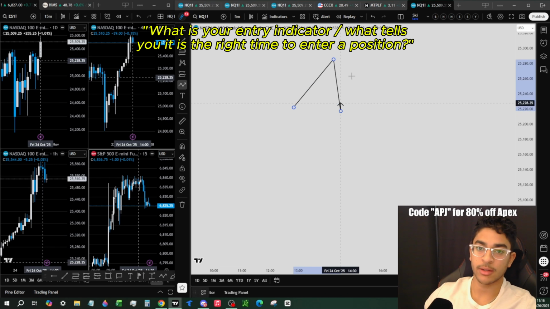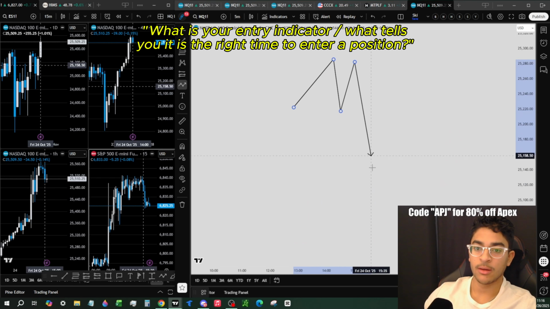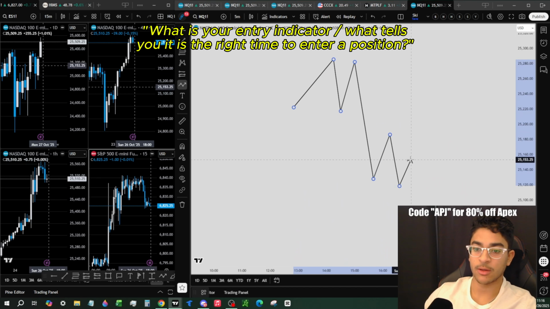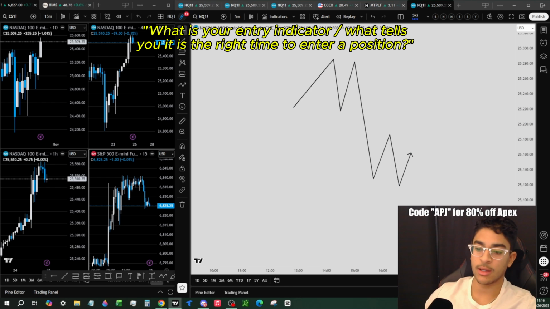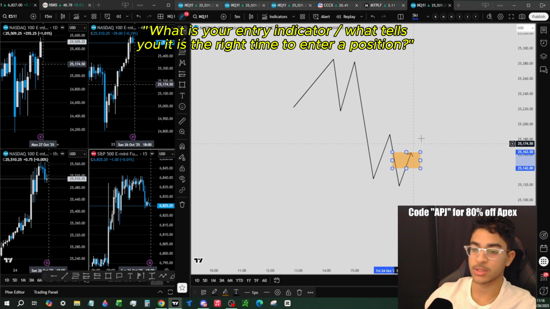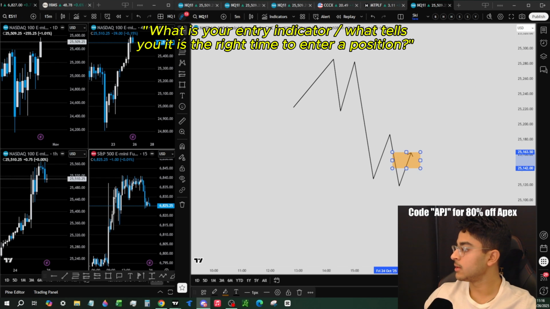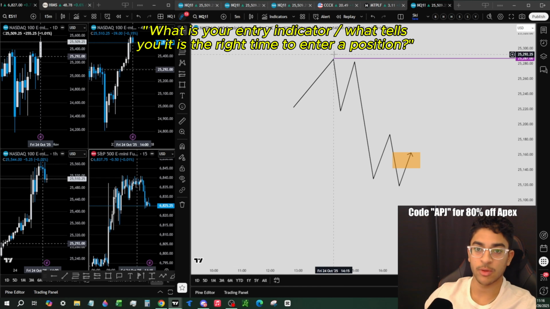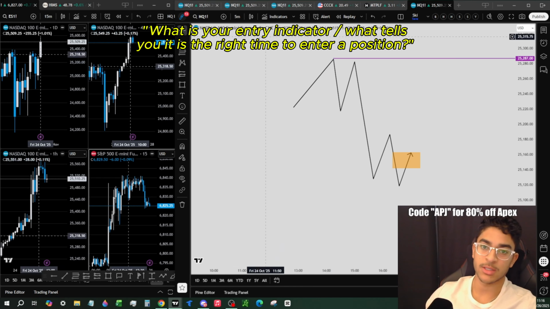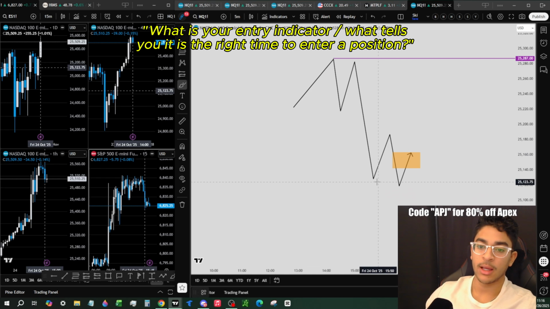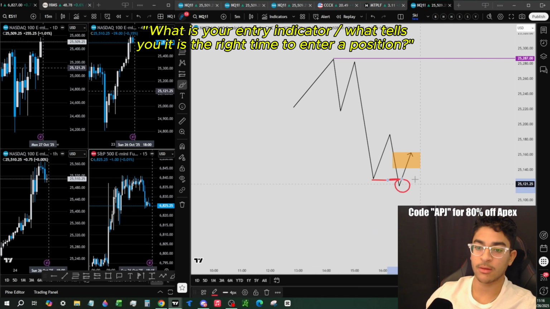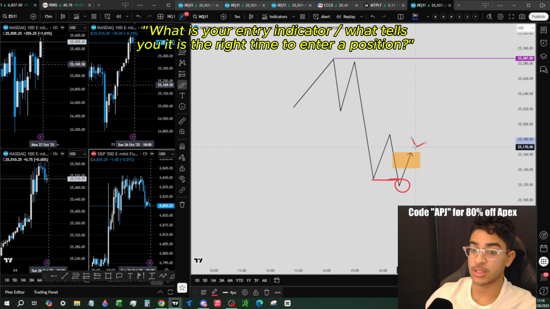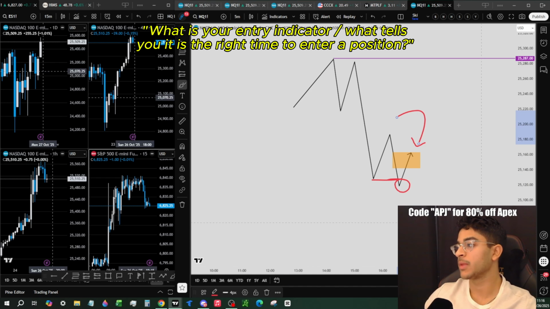If price comes down here, let's say we have relative highs, we drop down, we sweep sell side liquidity, and in here there's a bearish 1 minute fair value gap, right? Everyone should know what a fair value gap is. If my bias is ultimately bullish, which in this case it would be because of these relative highs, let's say we also have a fresh fair value gap up there. Price swept this sell side liquidity here, reacted, and then the confirmation, the actual entry confirmation, is a close above a prior fair value gap.